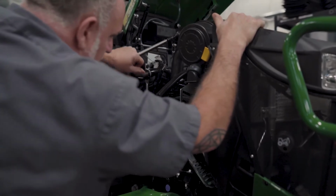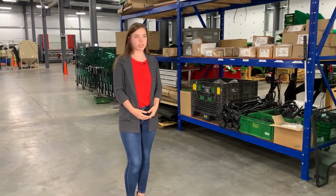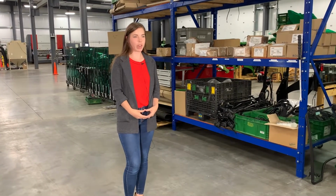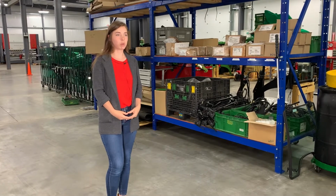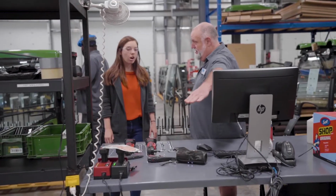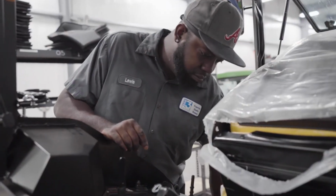We then move on to a bay build, our first physical build, where we're still constantly thinking about the assembly process and we're still documenting everything that happens, trying to keep the transition into full assembly mode as seamless as possible. Here's where we get the opportunity to really work with our technicians and get their feedback on the quality